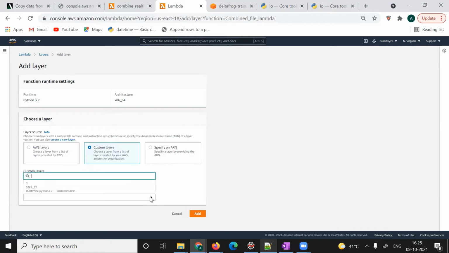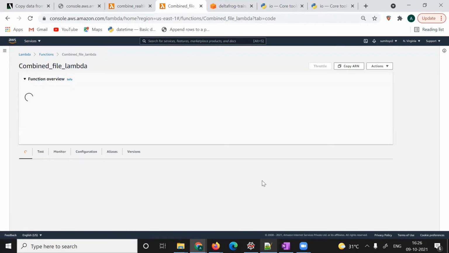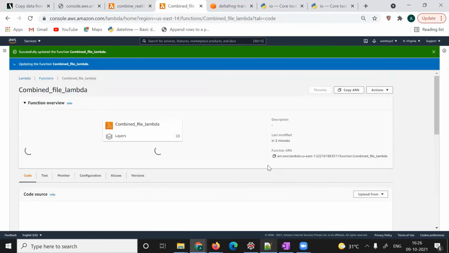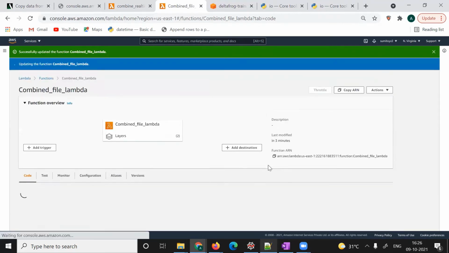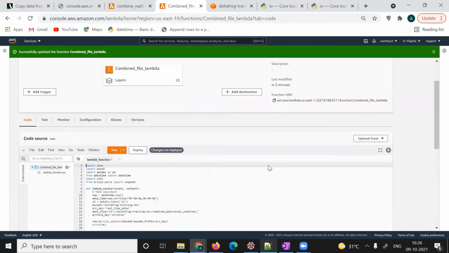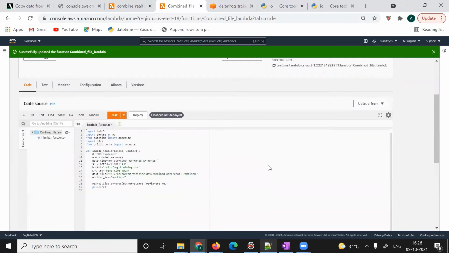We have added both libraries one by one. These two modules are important because we are reading data from S3 using pandas, and the s3fs library is important because it is the S3 file system library.